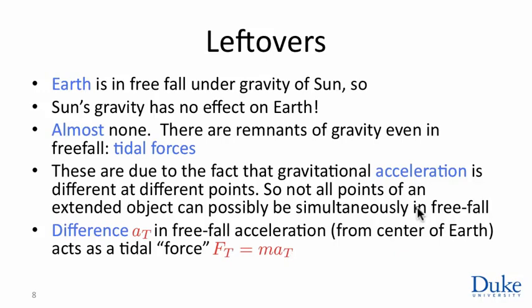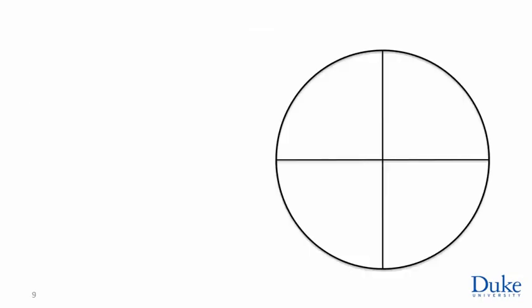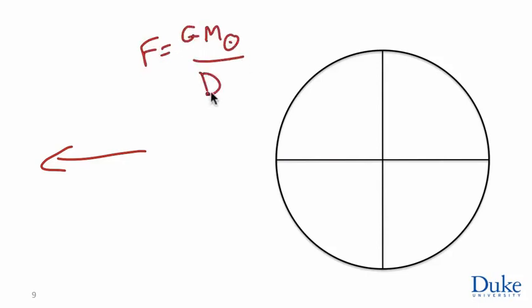This sounds a little bit confusing, and like many things, can be clarified by a good calculation. Let's turn to that. So in this image, we have the Earth over here. The Sun, I'm going to assume, is way over there in the left-hand corner and way outside the image. And because the Sun's gravitation applies a force to the Earth given by F equals G times the mass of the Sun divided by the distance to the Sun squared times the mass of the Earth,